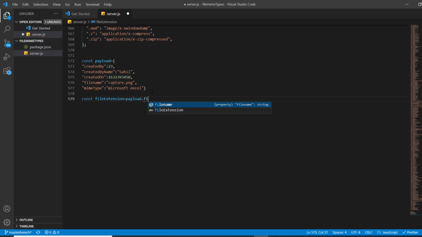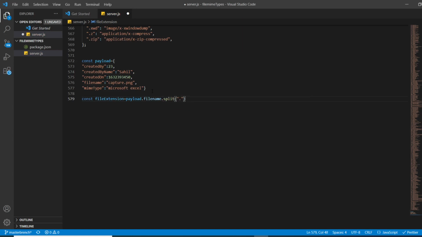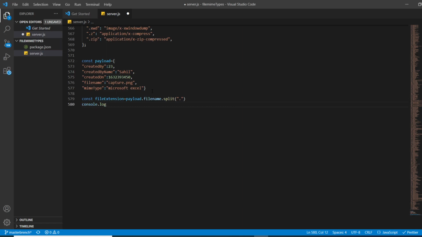And then I need .png. So what I can do, I split it by dot, and let me just console it to check file extension.